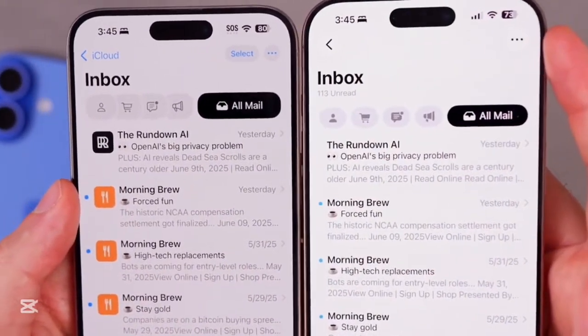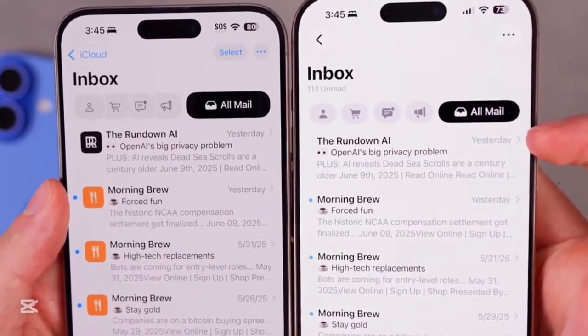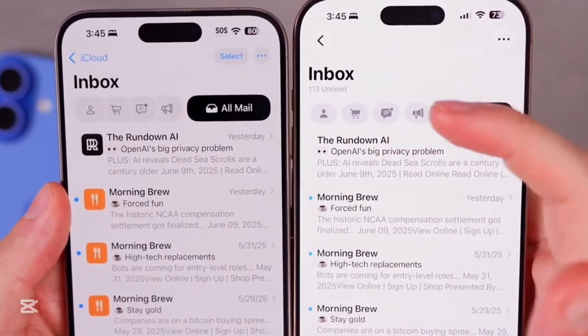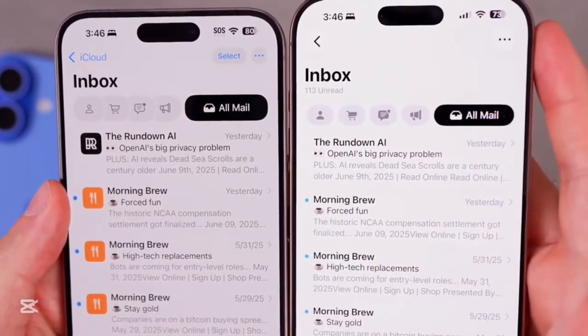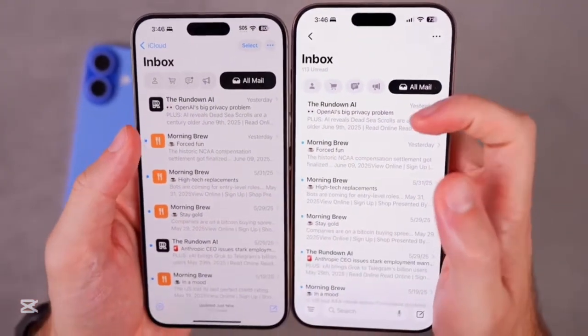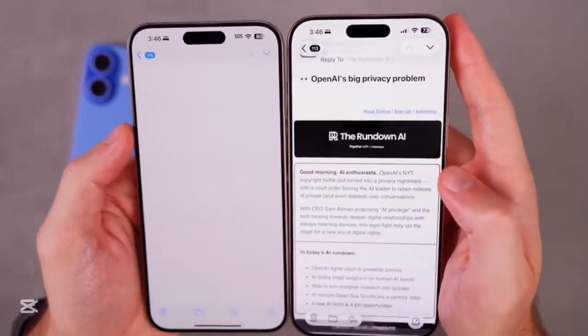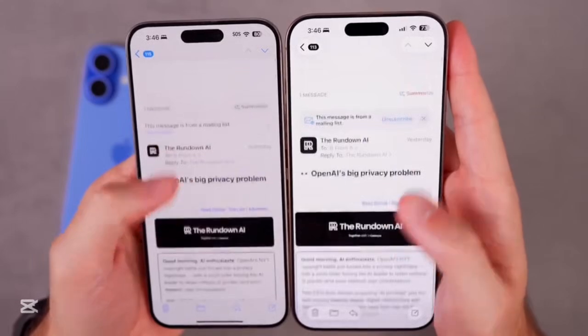So they were very bulky before in iOS 18. Now they're much smaller and a little bit more quaint. They're not as in your face as they were before. So I like that. Now also, if you go into an email itself, so we're in this email right here,